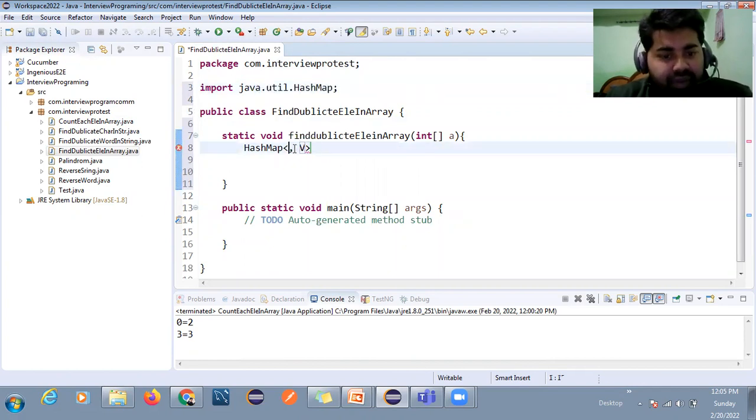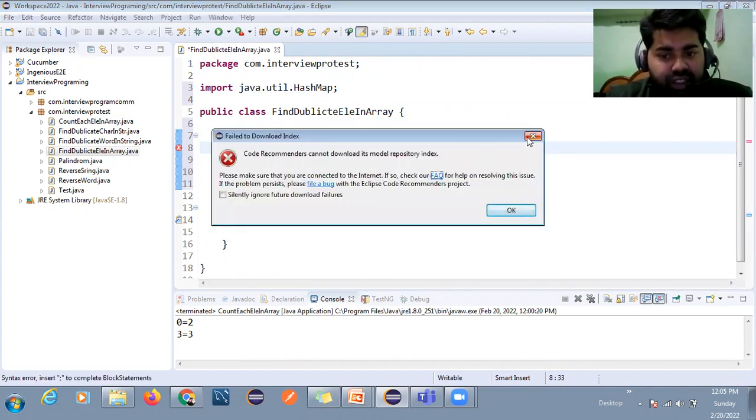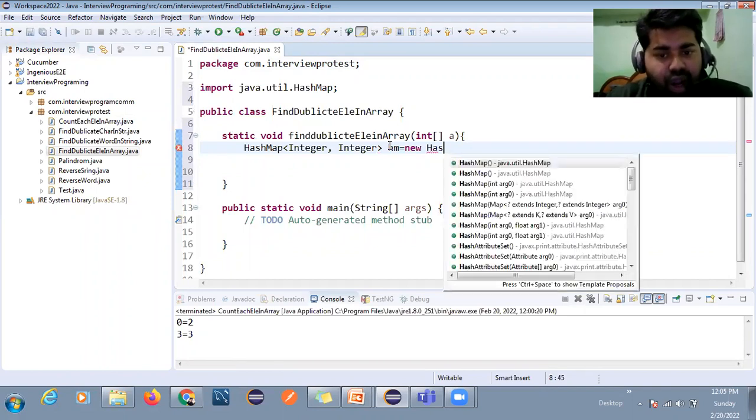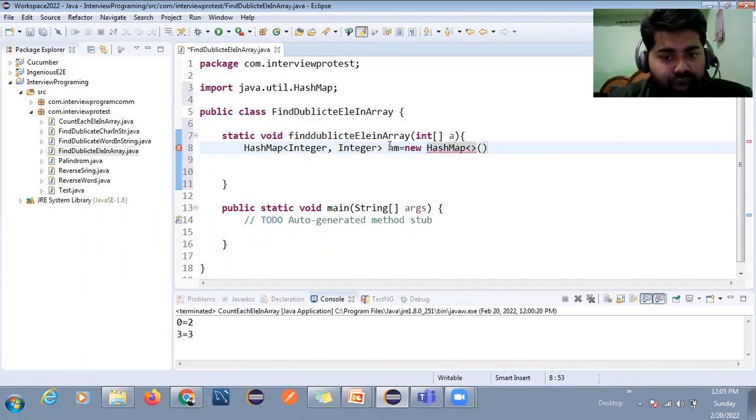The key I will take as integer, and the value I will also take as integer. Now hm equal to new HashMap. So now key and value are both integer.